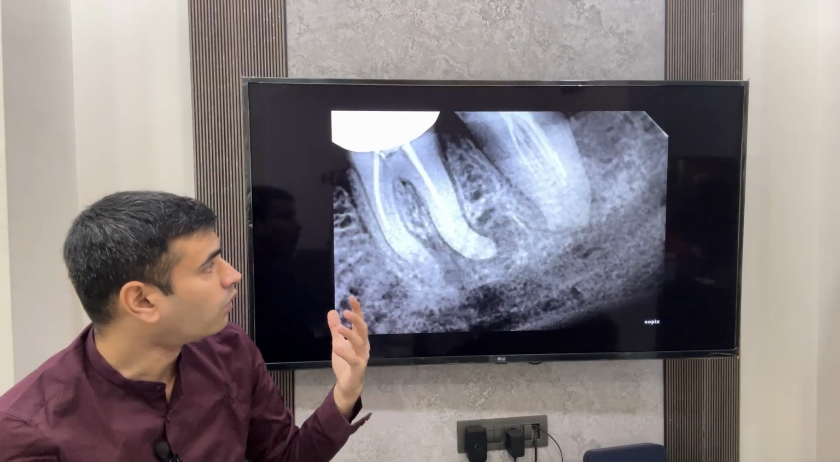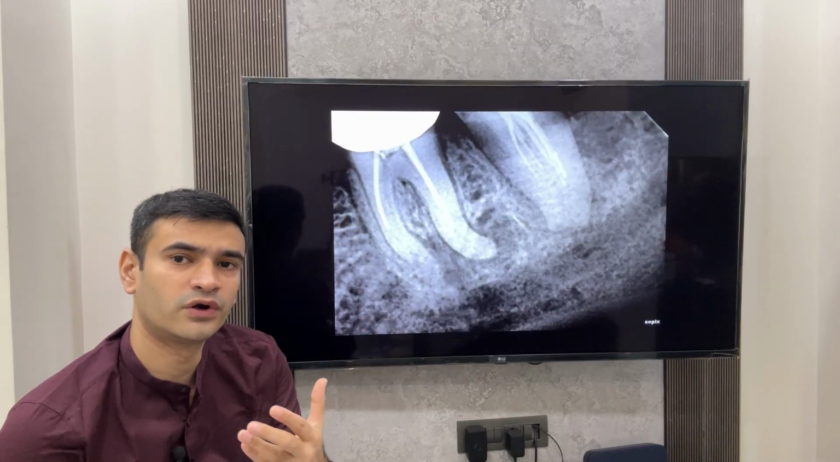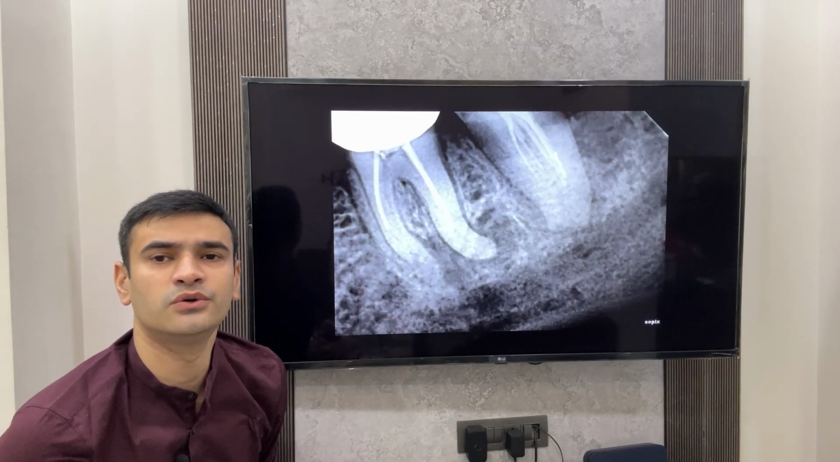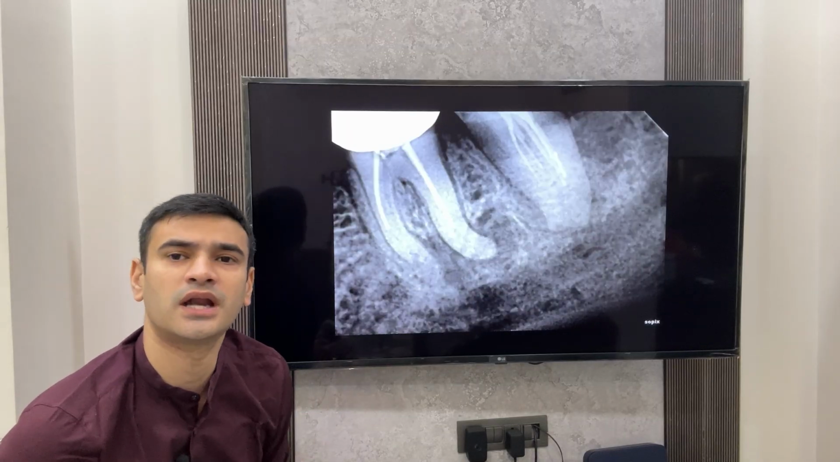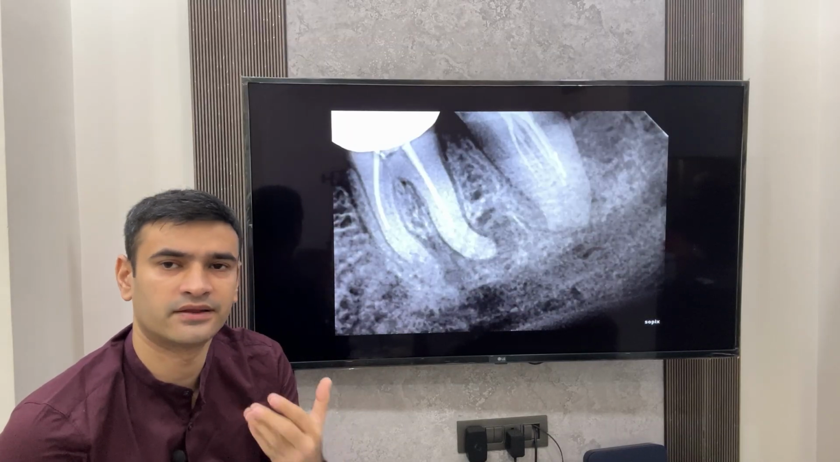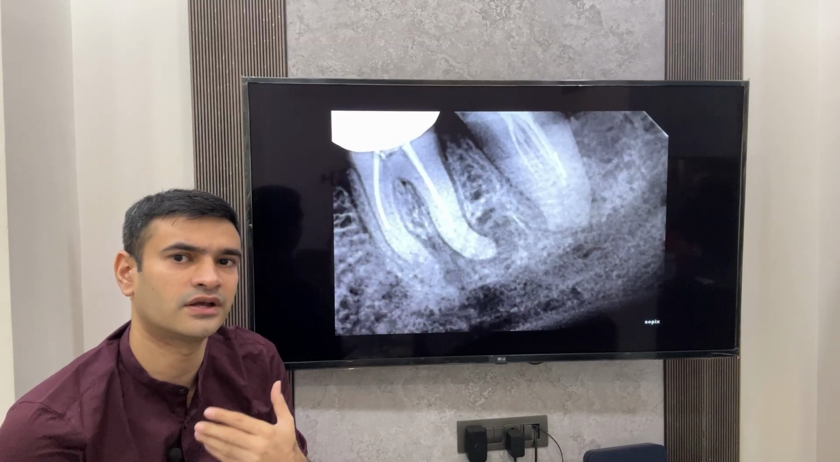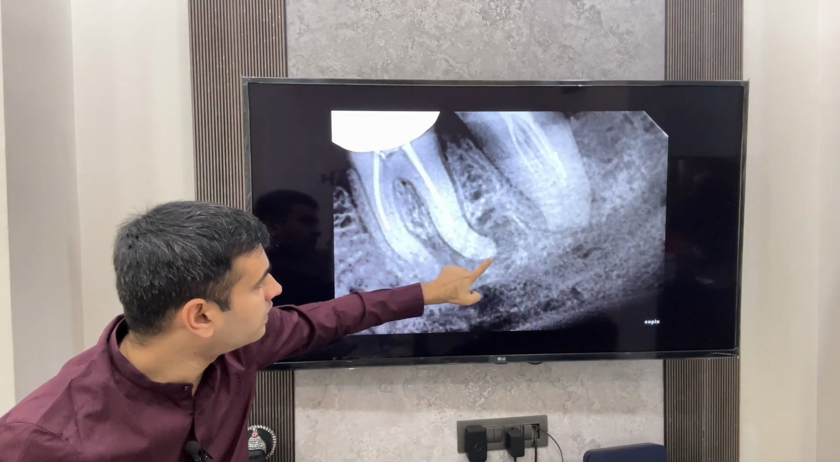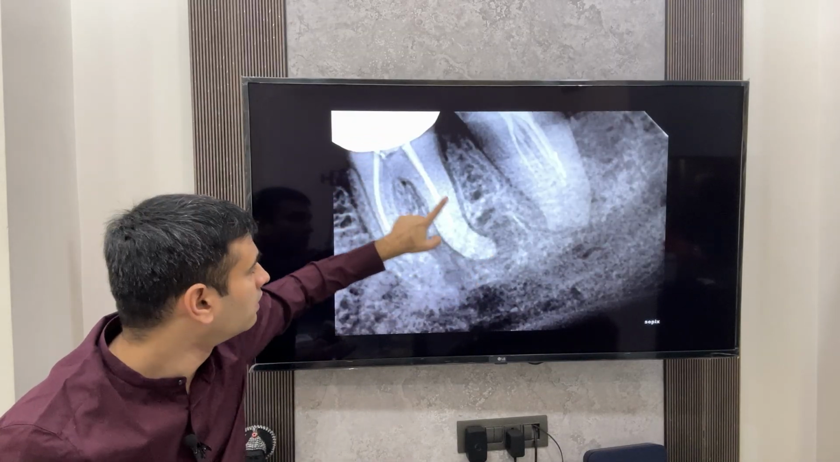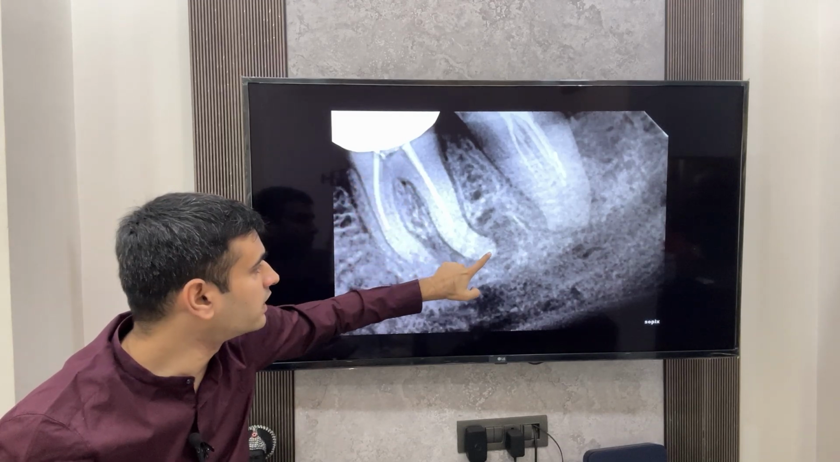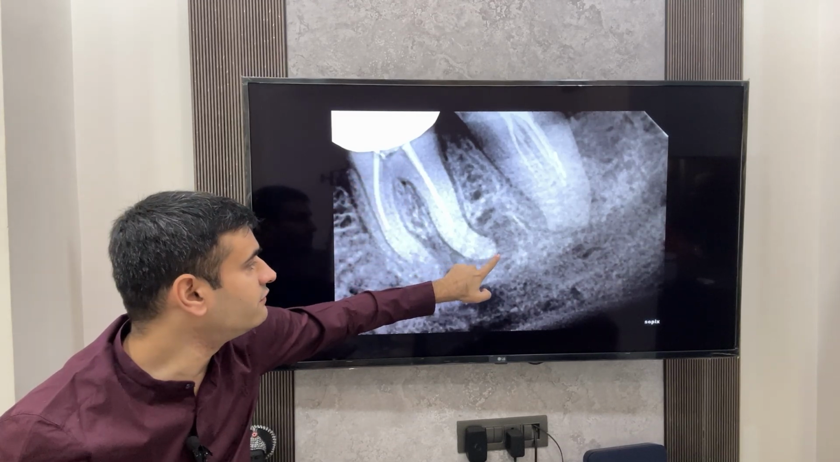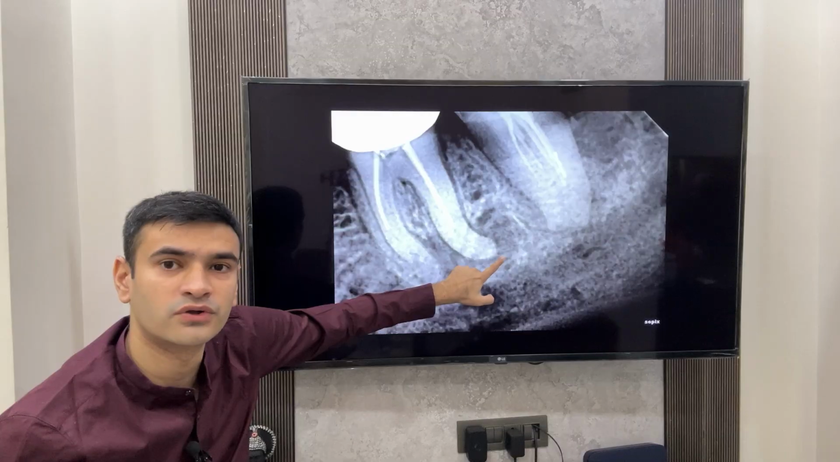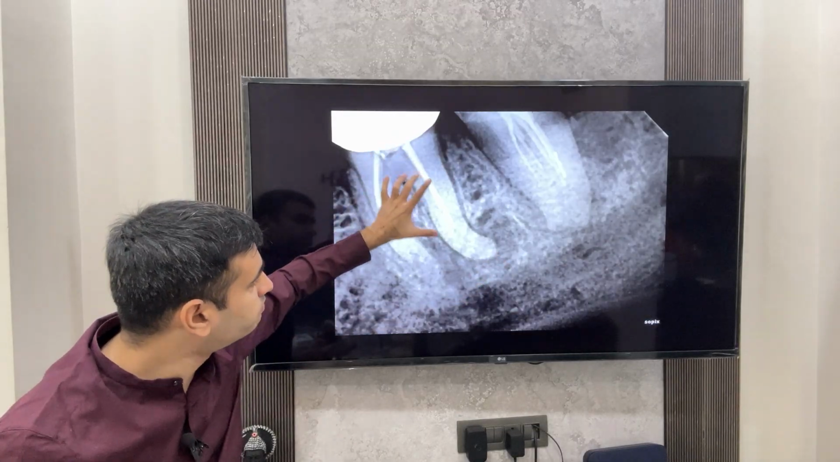Now, what is the target? What is our target when we try to accomplish a repeat root canal case? Our target, as an endodontist or as a general dentist, is to reach the full working length of the tooth, achieve positive patency, and put good